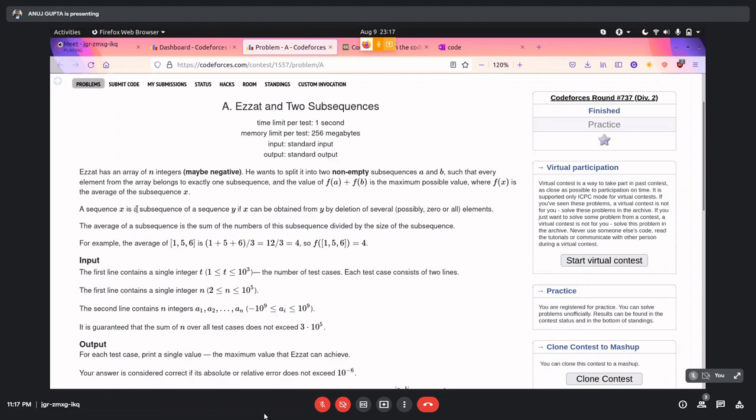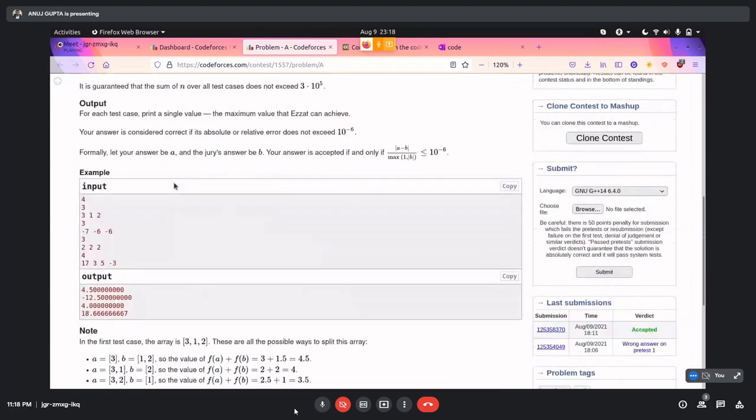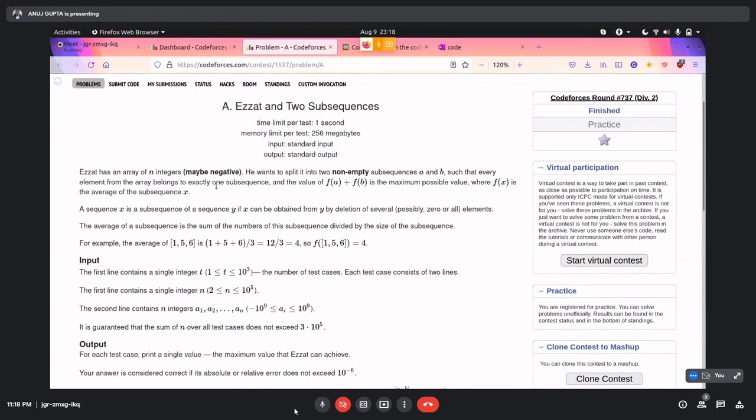A subsequence is defined as follows: x is a subsequence of sequence y if x can be obtained from y by deletion of several elements, which means we can pick any number of elements in random order and call it the subsequence x of sequence y. So here we have to maximize the sum of averages of these two subsequences.